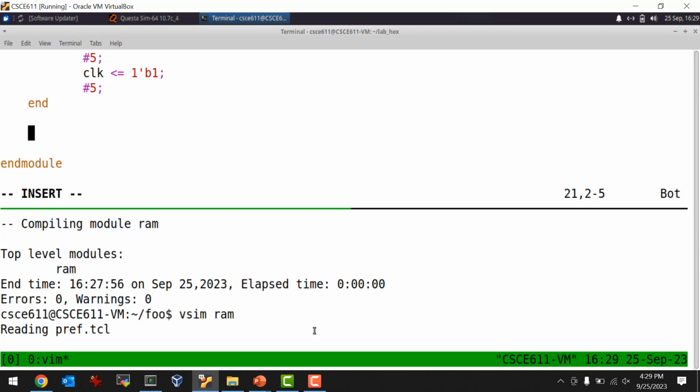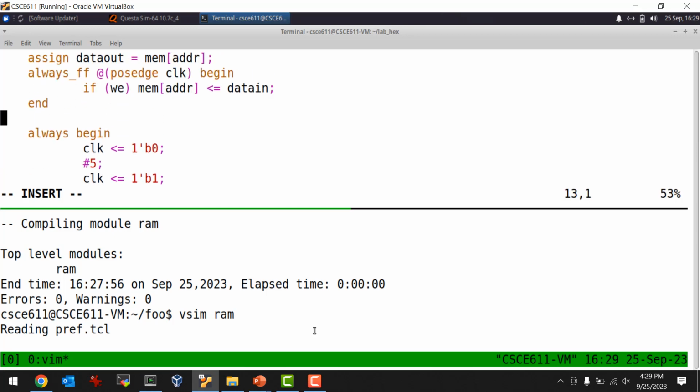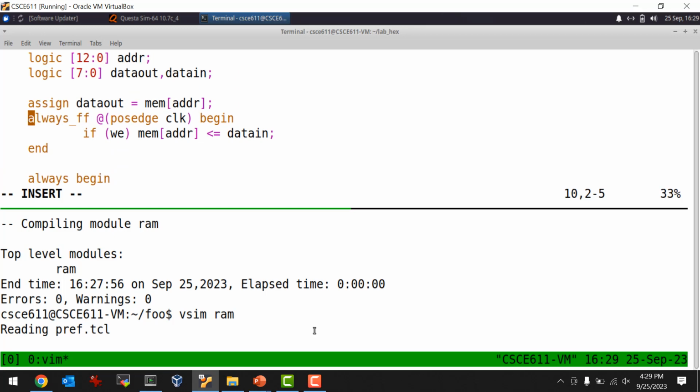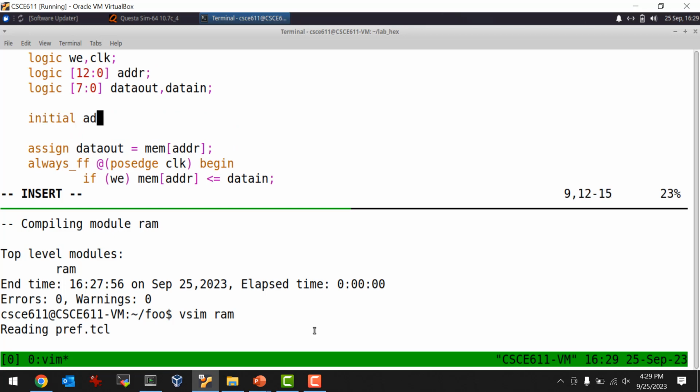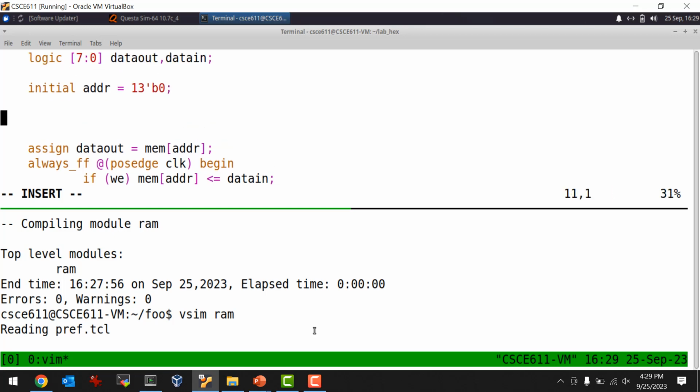And then I'm going to set my address, right? So I'm going to say initial address equals 13'b0, and I'm going to say always at posedge clock address equals address plus 1. Okay, so that'll increment the address, and then the data in, I'll just set data in to be a constant